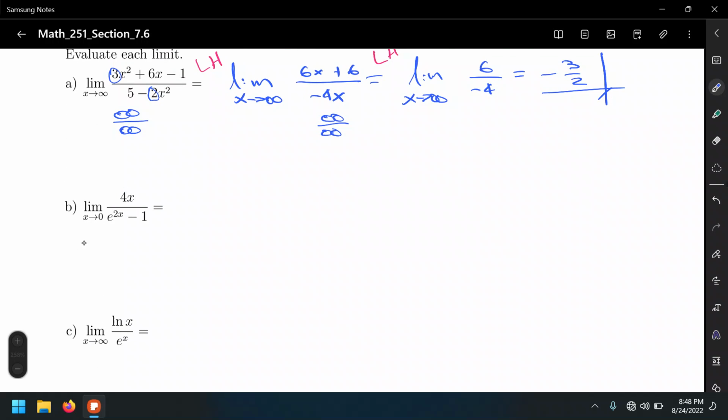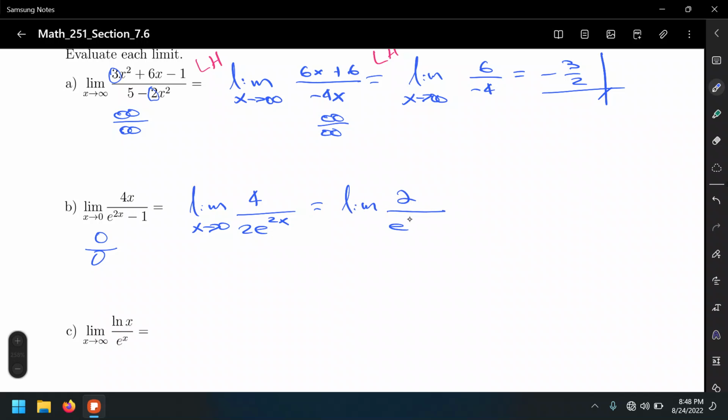Okay, so 4 times 0, which is 0, over e to the 2 times 0, that's e to the 0, which is 1. 1 minus 1, that's 0. That means we can use L'Hopital's rule here. So let's differentiate the numerator, which is 4 over 2e to the 2x minus the derivative of negative 1, which is 0. So in this case, that's 4 over 2, which is